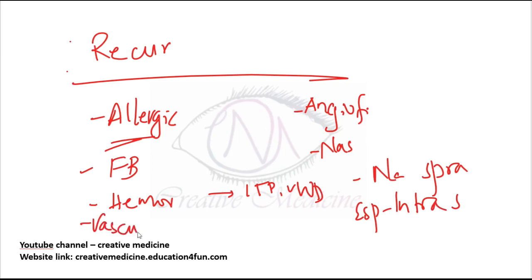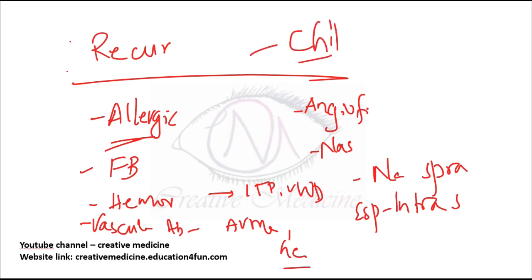And if the child has any vascular abnormalities like AV malformations, or any hemangiomas, obviously because of vascular malformations, if the child tries to prick them, they bleed easily. So what are the causes of recurrent epistaxis? Allergic rhinitis, hemorrhagic disease, retained nasal foreign body, idiopathic thrombocytopenic purpura, von Willebrand disease, angiofibroma, nasal mycosis, vascular abnormalities like AV malformation, hemangioma, use of nasal sprays, especially intranasal steroid sprays. All these are actually in children.